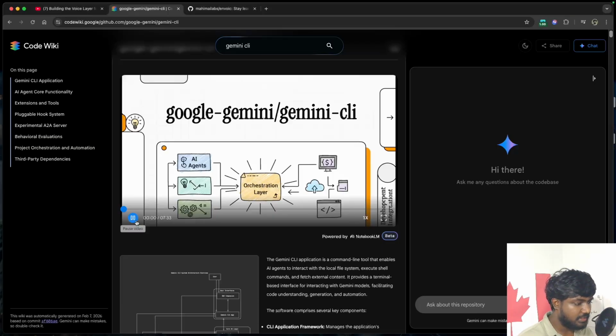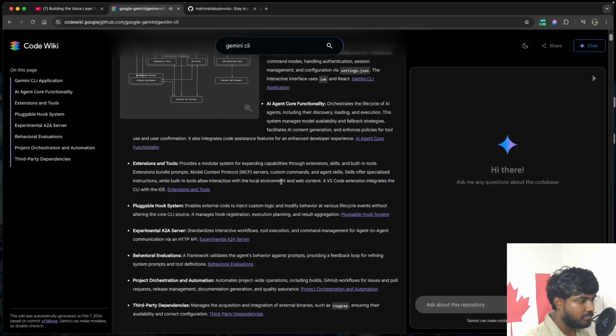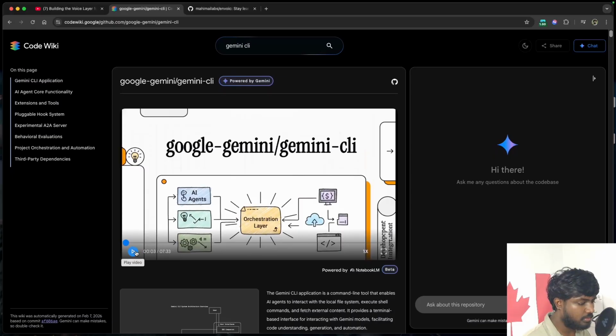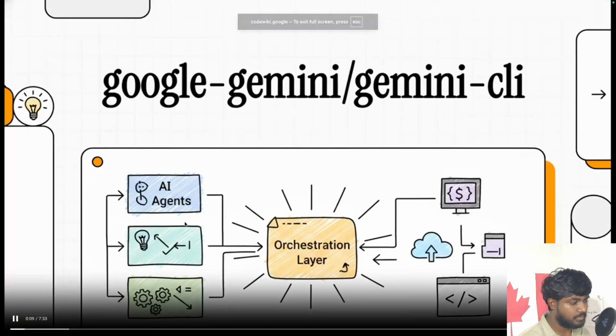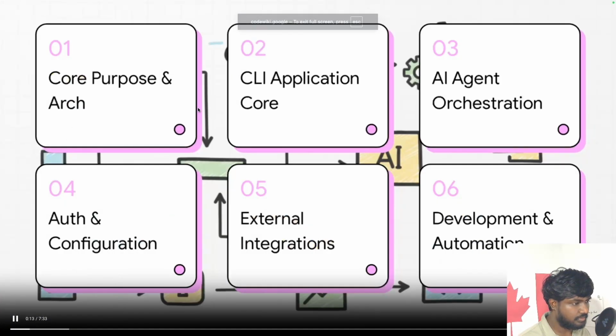It is nice. All right, today we're doing a technical overview of the google-gemini/gemini-cli repository. We'll be looking at its architecture, its core functions, and the automation that keeps it all running smoothly. So here's how we'll break it down. We'll start with the core purpose and architecture. Then we'll dive into the